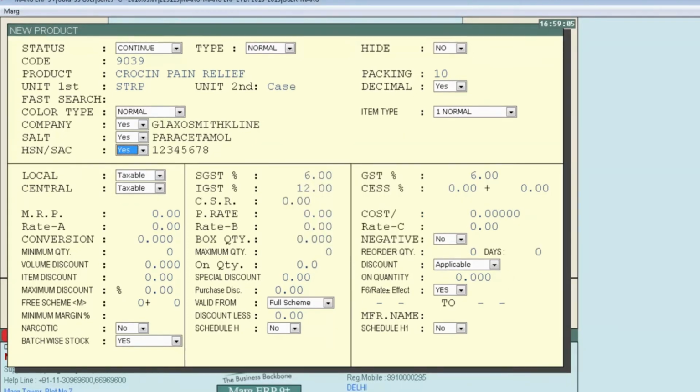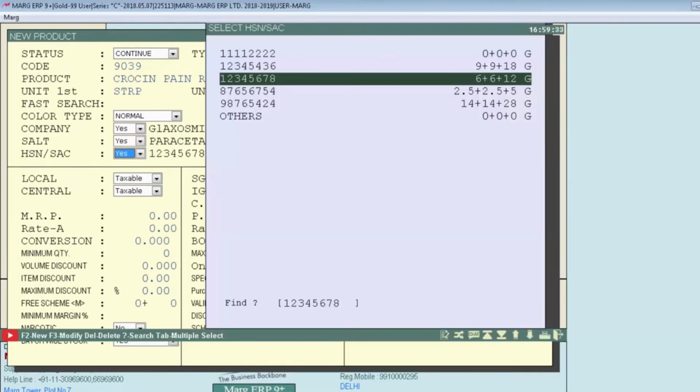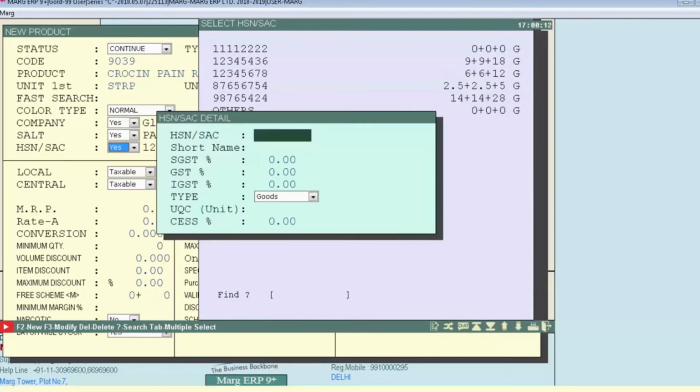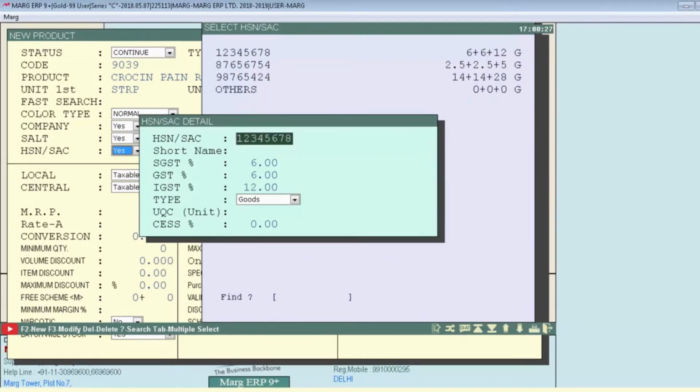Then is HSN SAC. From here you will select the HSN code of the item in which you deal. For it, we will press N from here. From here, you will select the HSN code for this item. Or if you want to create an HSN, you can create an HSN code by pressing the F2 function key and can modify with the F3 function key.